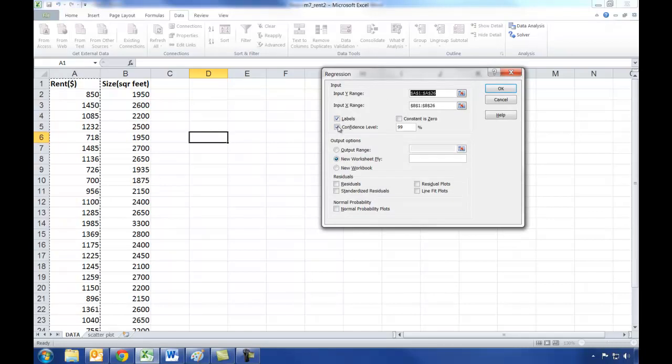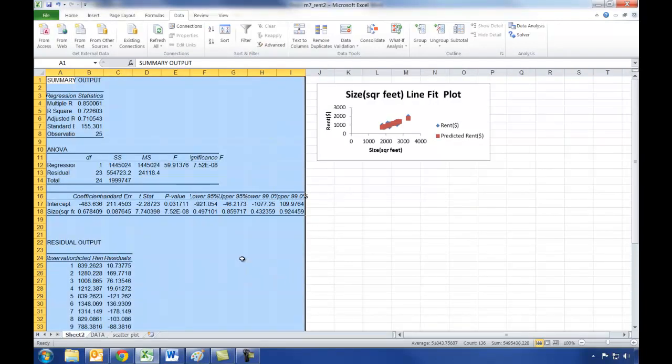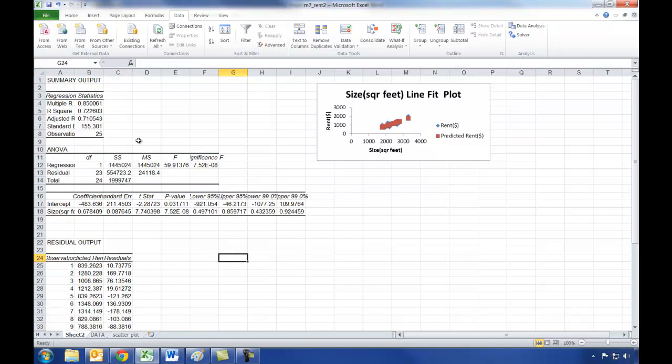Click on confidence interval. Make sure you click this option, new worksheet ply, and also click line fit plots, and then you click on OK. So the result is produced in a separate tab,